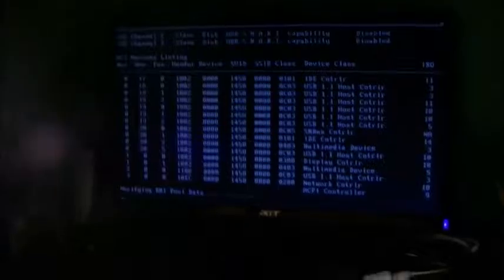Alright guys, time for the moment of truth. See if my computer boots up. And it does. I made sure I plugged all the wires in correctly. Booting up Windows Boot Manager. Let it automatically